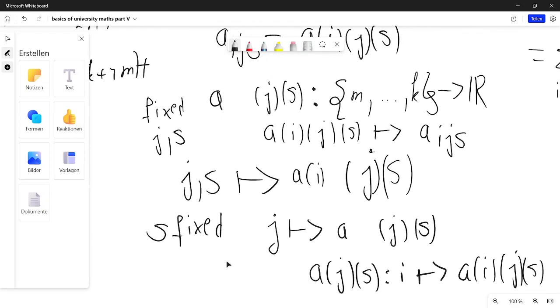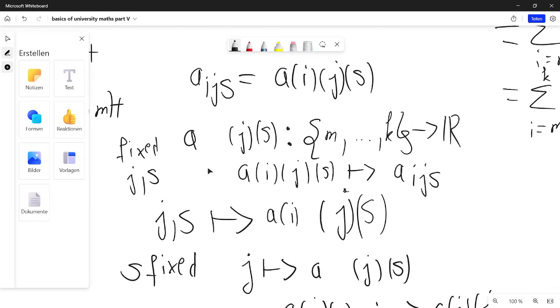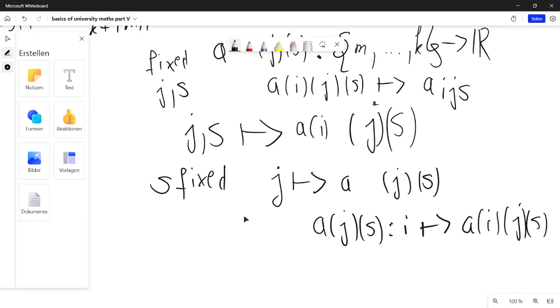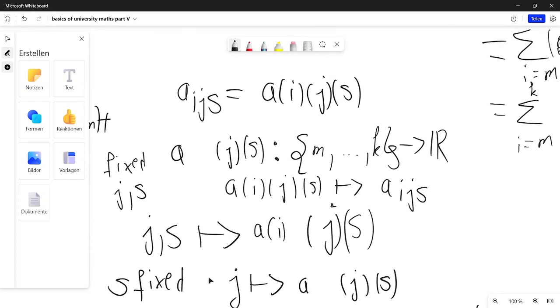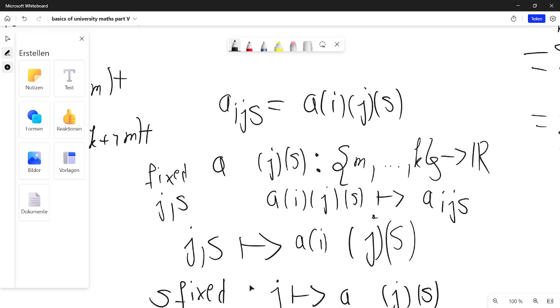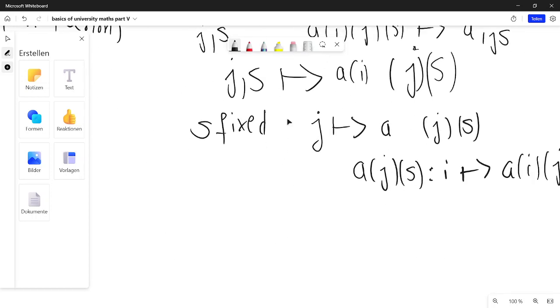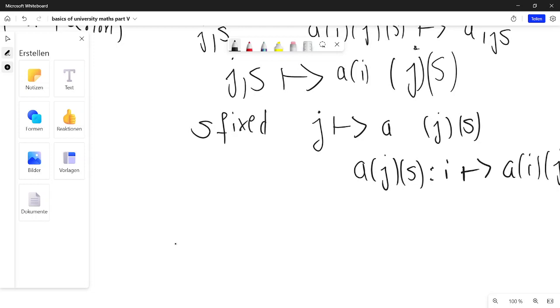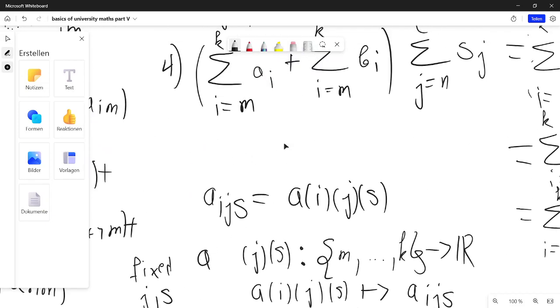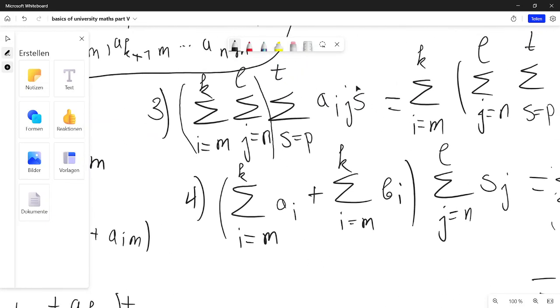So it might be a little much, but you have just to think about it carefully. What I'm trying to say, okay, let's go do it very slowly. S is fixed. And for fixed S, if we are in this sum, right, for fixed S,